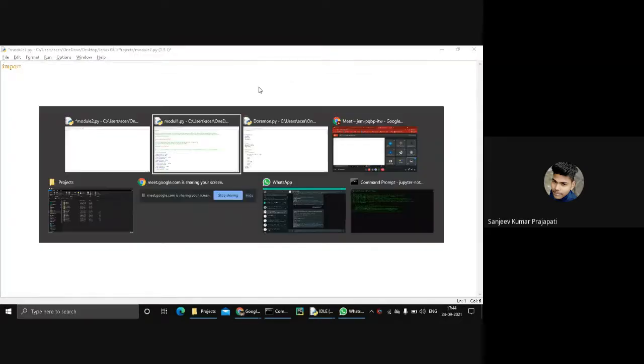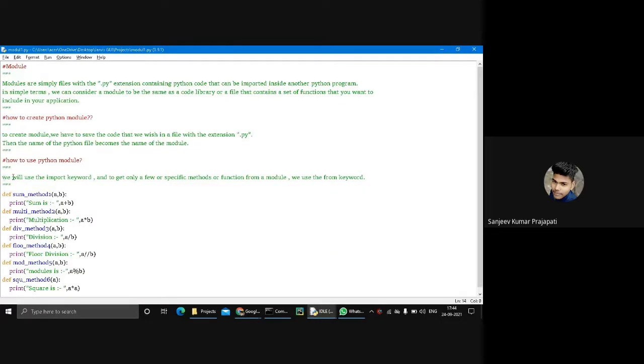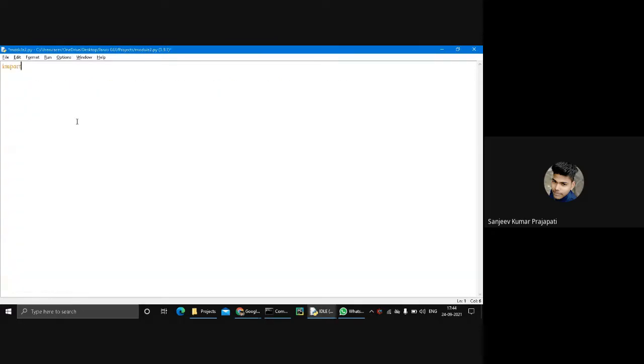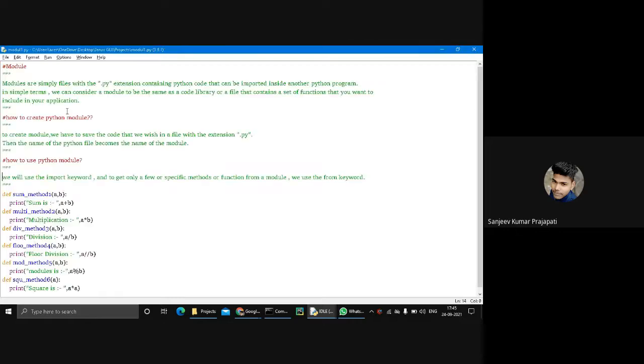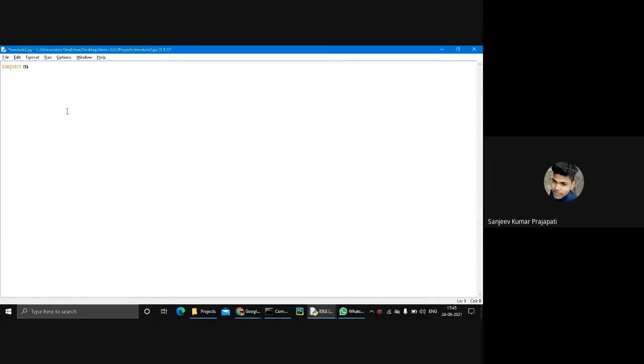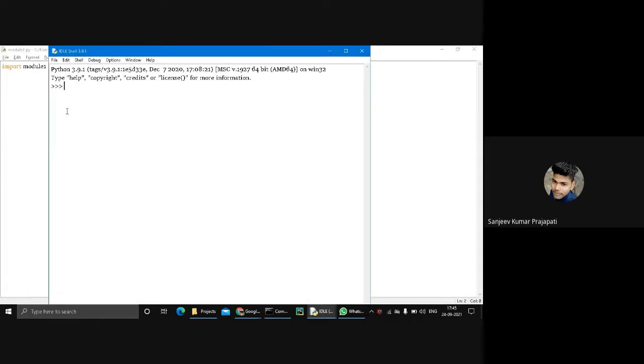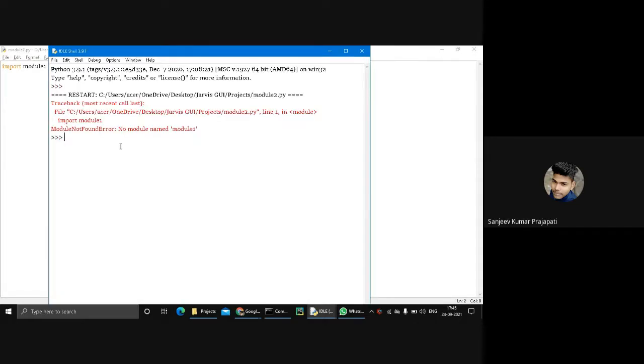You see how to import the module: we use the import keyword, and to get only a few or specific methods or functions from a module, we use the from keyword. Import is a keyword used to get all the properties of any module. So my module is module one. Press F5. No module named one is defined.